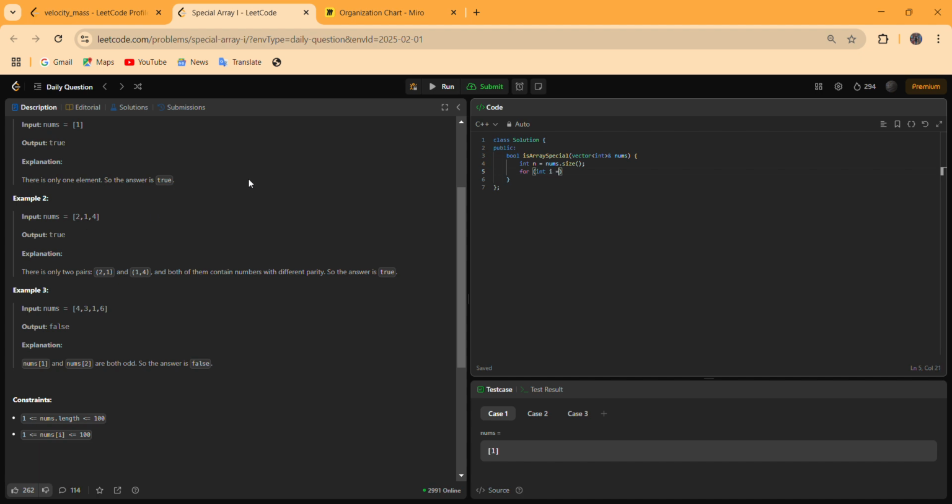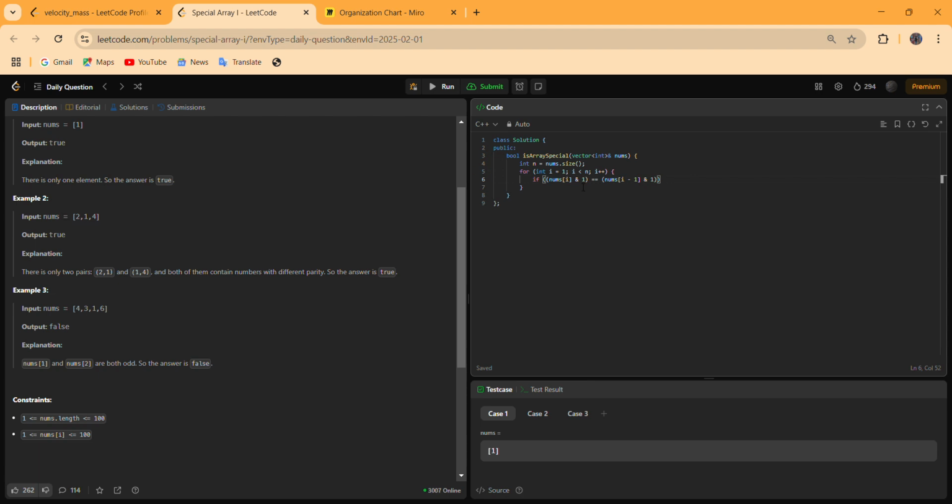Like this: i equals 1 and i is less than n. If nums of i AND 1 is equal to nums of i minus 1 AND 1, where nums of i is the current element, that is 1, and nums of i minus 1 is the previous element, that is 2.